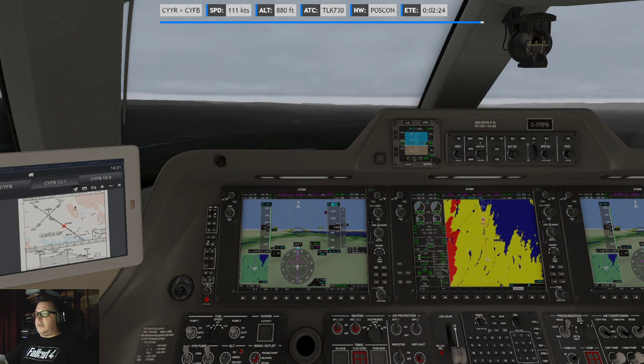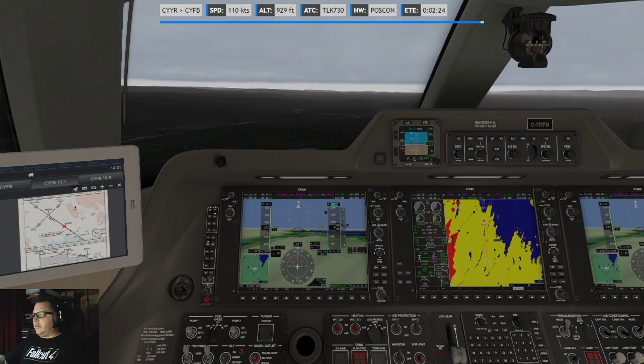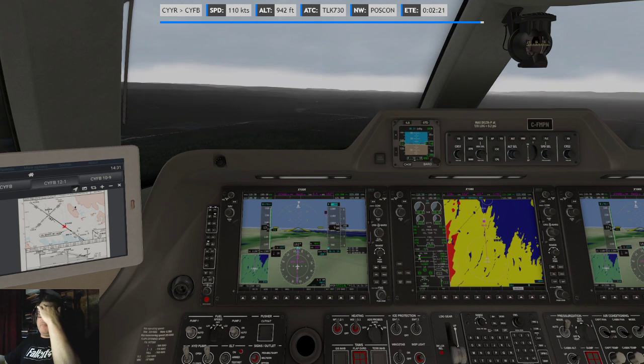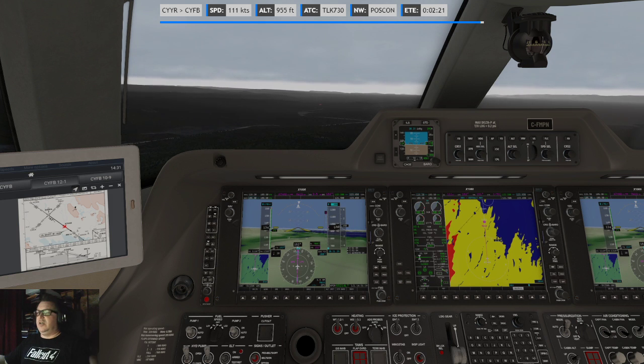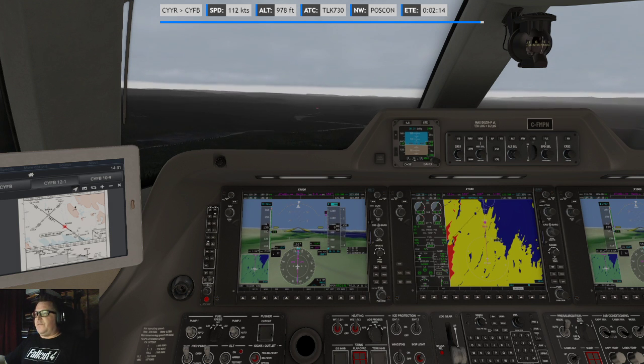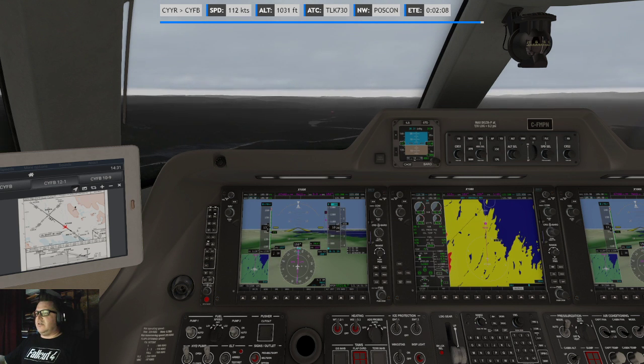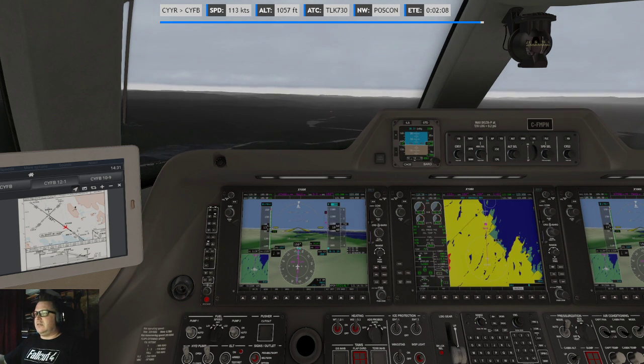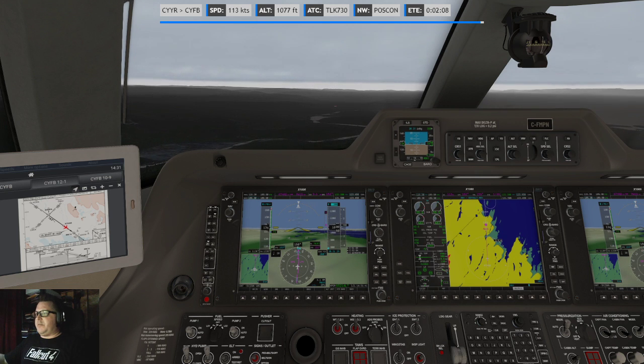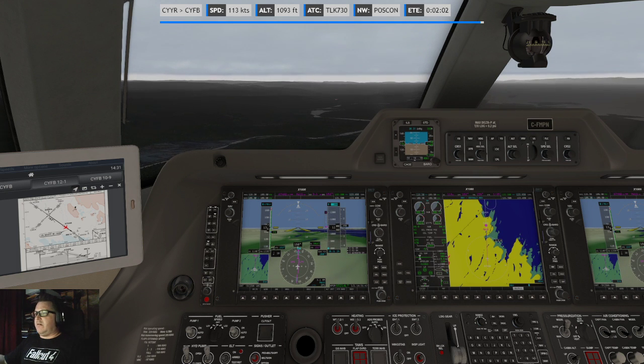Alright. That's good. That's good. That's good. Still low on the PAPI, but yeah, I pitched it down way too hard. Should not have gone for like 1,500 feet per minute. Should have gone for closer to 1,000, maybe less. Alright. PAPI's starting to get happier.